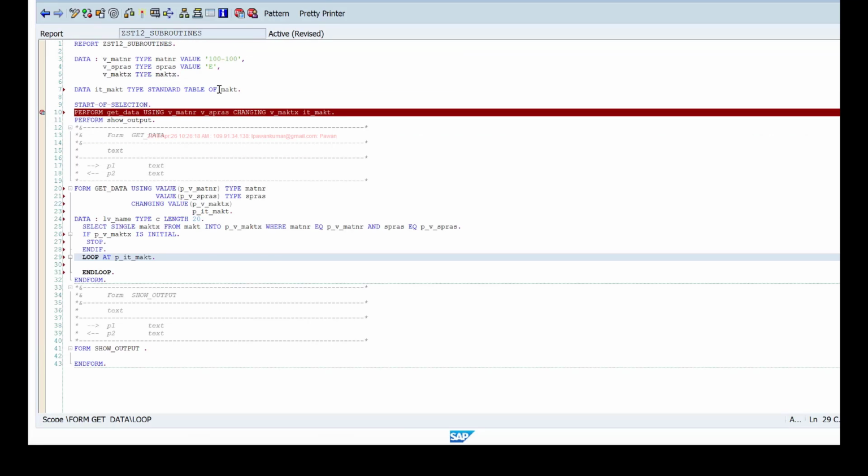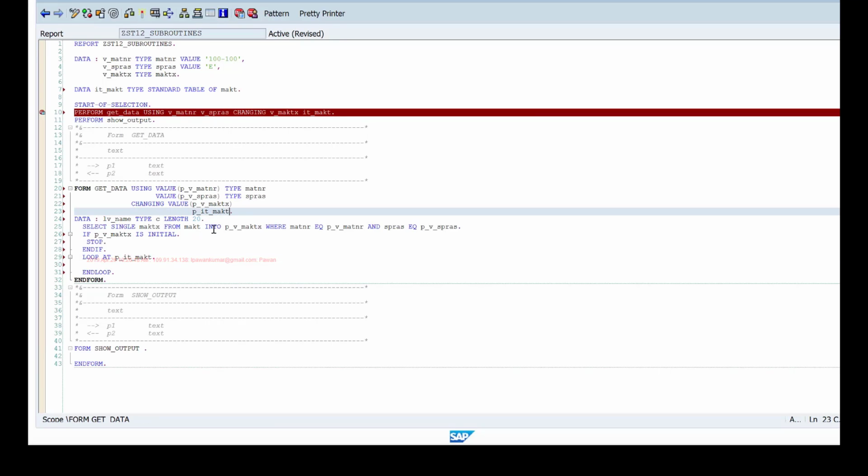Similarly, if you are passing a structure and if you want to access a field of the structure, then if you don't type it, the system will not know that this structure contains those fields. It will only know that during the runtime, but while writing the code, the syntax checker will not know, so it will complain if you try to access any field in that internal table. So what we do is, I can type it by saying like and referring it to the actual parameters.